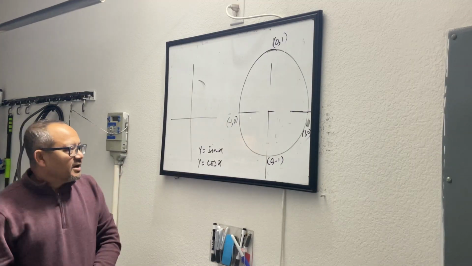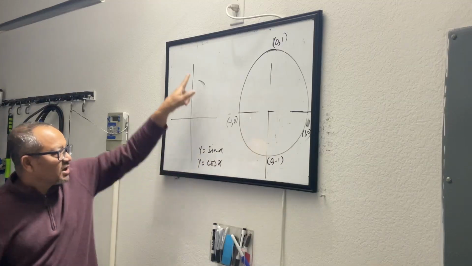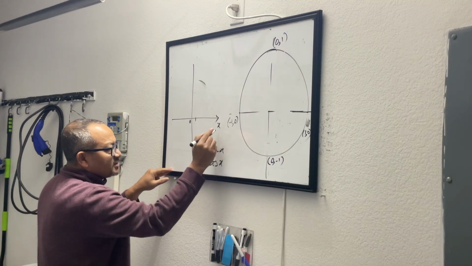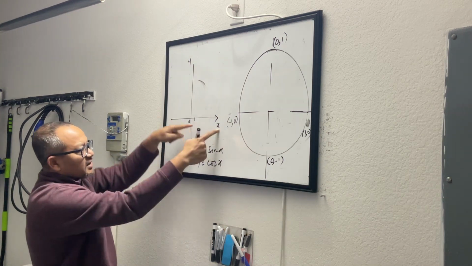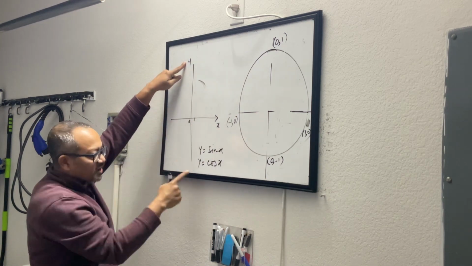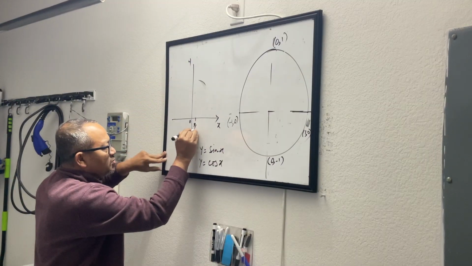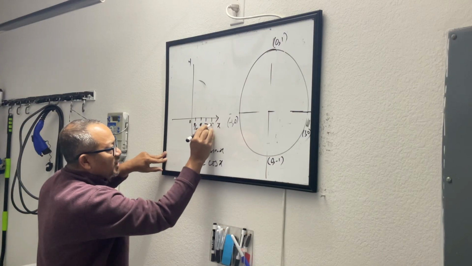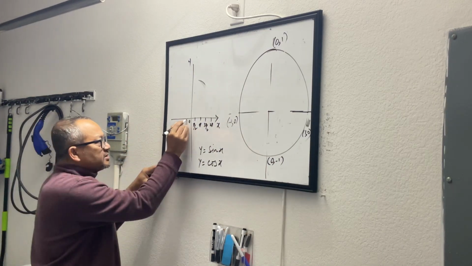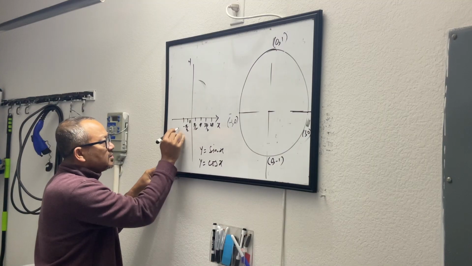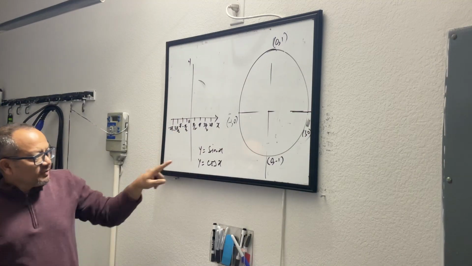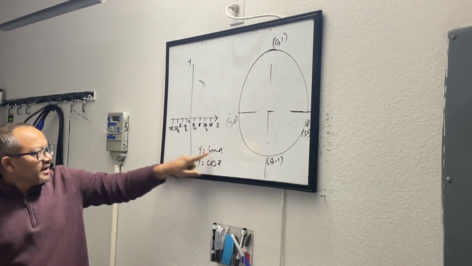Yeah, okay. Now, this unit circle will tell us how to graph it. So this is 0. On this axis, I am plotting the angles, and this is x, the angle part, and this is the y, what we are trying to plot. This is pi by 2, pi, 3 pi over 2, 2 pi. And I can go in this direction also, minus pi by 2, minus pi, minus 3 pi by 2, minus 2 pi. So when I am talking about sine of x, when x is 0,